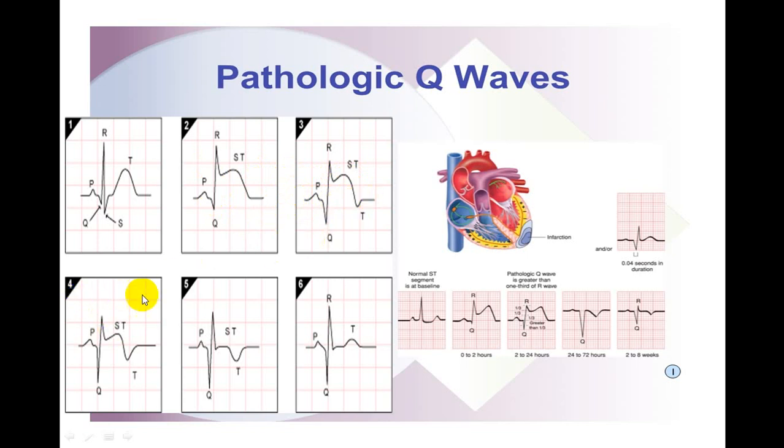Now as the healing starts, the Q wave will become deeper and deeper. The ST segment will come down, say from this height, it has come down here. The T wave is still inverted. Then you get the deep Q wave, the ST segment nearly becomes isoelectric, and the T wave is still inverted. And when it completely heals, the Q wave persists, the ST segment is isoelectric and the T wave becomes upright.